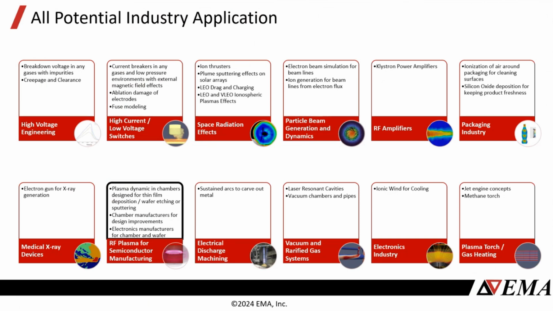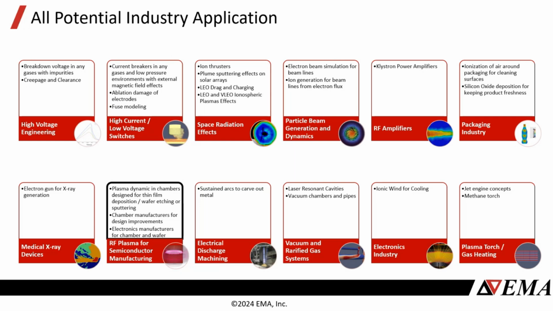So you can do high voltage systems, understanding creepage and clearance issues, breakdown voltages. You can model high current switches as well, a lot of space radiation effects, especially the one we just discussed for surface charging concerns when the plasma is at higher densities than what you would get from, for example, cosmic ray radiation, modeling particle beams, modeling RF amplifiers, and also in the packaging industry, understanding how you can do various deposition or ionization of air in various ways, modeling X-rays and how those are generated, for example, from an electron gun